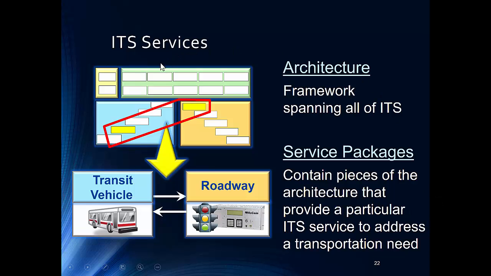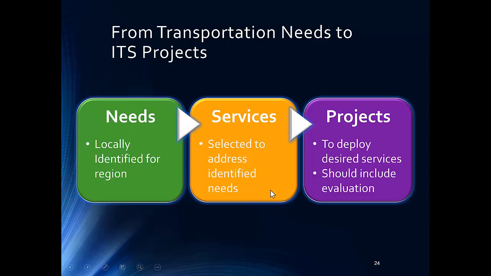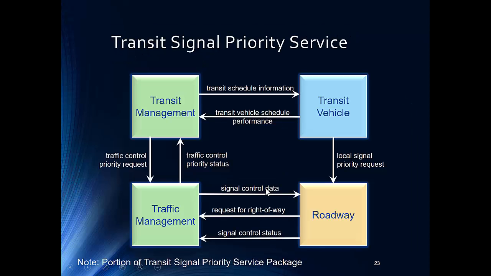For the architecture, there are services. A service package contains pieces of the architecture that provide a particular ITS service to address a transportation need. So in this case, a service package from the architecture could be transit vehicle priority, where transit vehicles send information to the roadway to provide a green signal to transit vehicles that are behind schedule. So this example here is a transit signal priority service